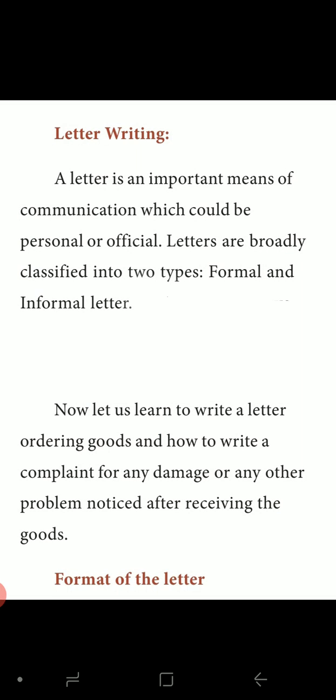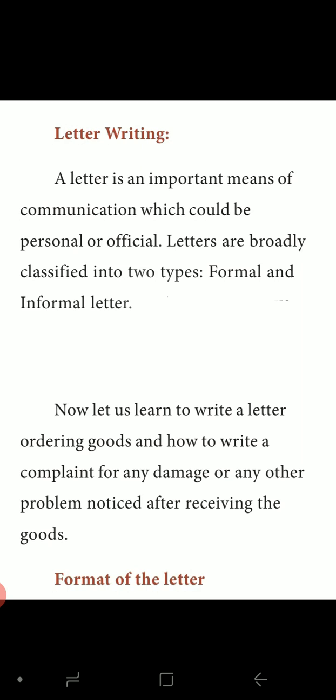Letter is an important means of communication in olden times. Can you say why in olden times I am saying? Because nowadays we are using a mobile phone for WhatsApp or sending emails. But you should know to write because it is a communication skill. There are different types of letters like personal and official letters, or formal and informal letters. Let us see what are the format of the